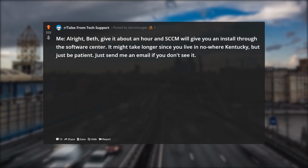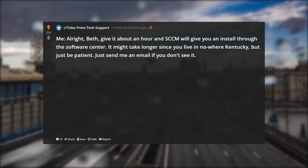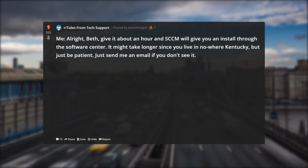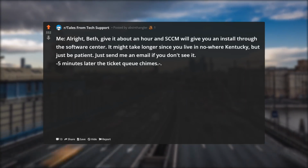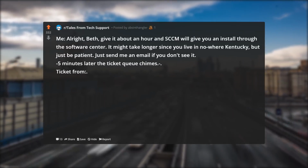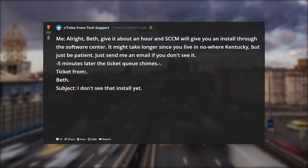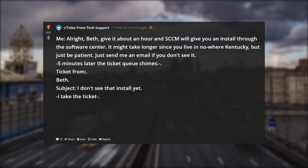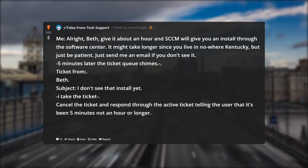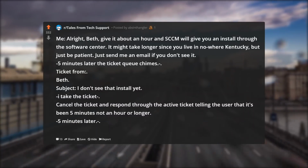Me: Alright, Beth, give it about an hour and SCCM will give you an install through the software center. It might take longer since you live in nowhere Kentucky, but just be patient. Just send me an email if you don't see it. 5 minutes later the ticket queue chimes. Ticket from Beth. Subject: I don't see that install yet. I take the ticket, cancel the ticket and respond through the active ticket telling the user that it's been 5 minutes, not an hour or longer. 5 minutes later,